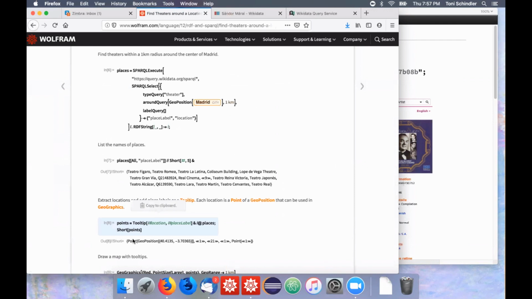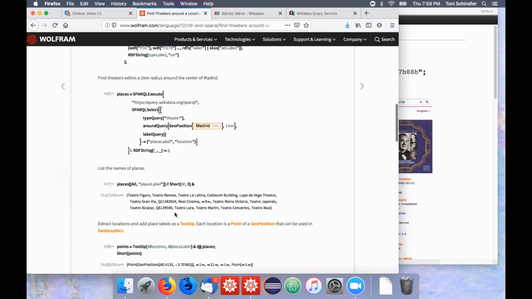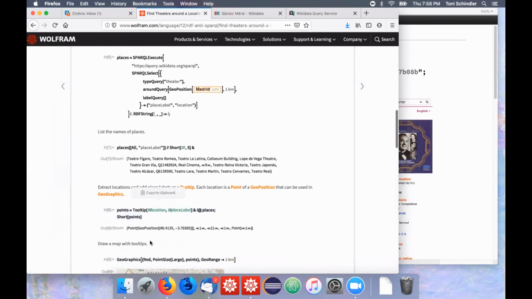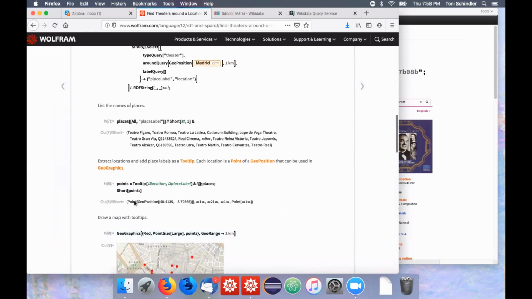But then if you look at the points, we can see that they are actually points wrapping a geoposition. How is that even possible? Well, the great thing about the semantic web is that everything has a well-defined meaning. Even data values, also known as literals. They consist of a string and a data type. The data type is an IRI, which defines the meaning of the string. And in this case, Wikidata returned a literal of a well-known data type that the Wolfram Language knew automatically how to map to its built-in primitives. In this case, it was a